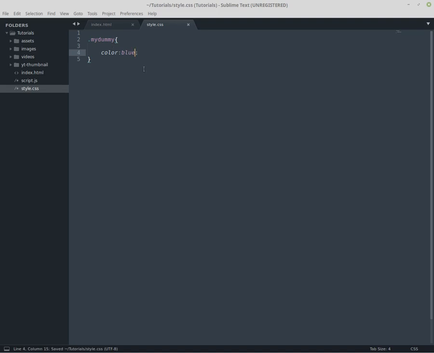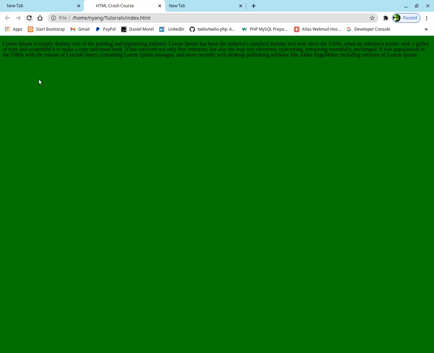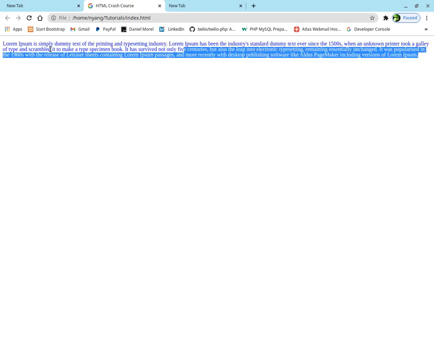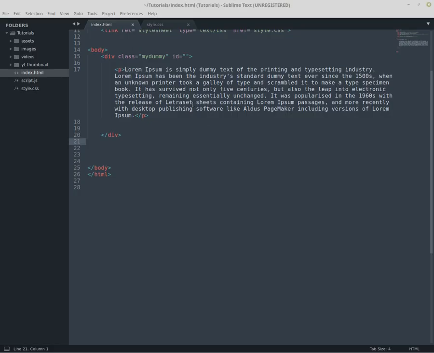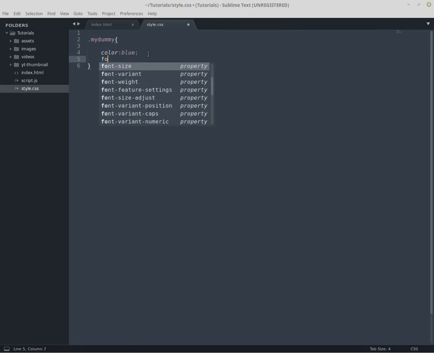Yes, and have a semicolon at the end. So if I go back to the browser and refresh, then you can see my dummy color blue. I can also change my dummy font size. I come to my CSS, then I say my dummy font size,